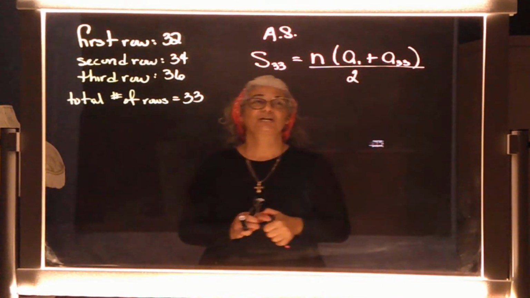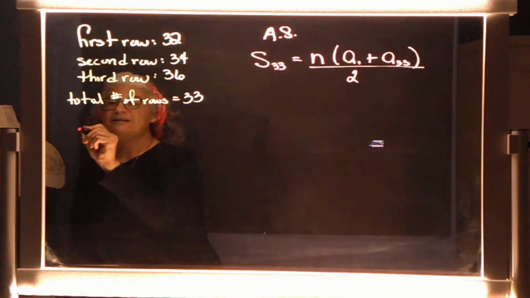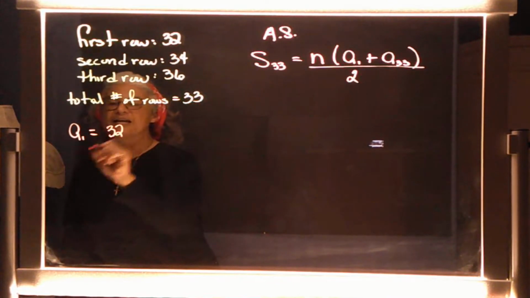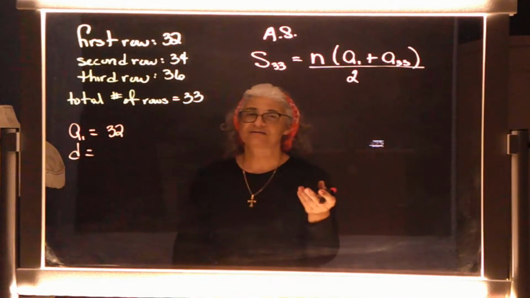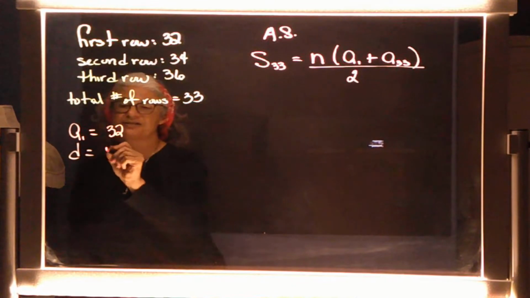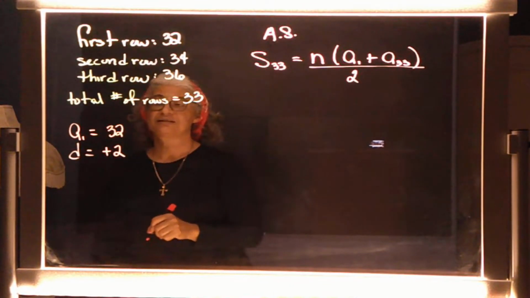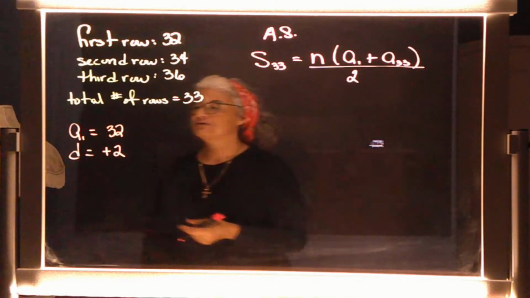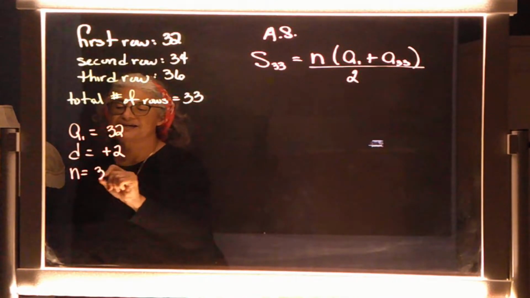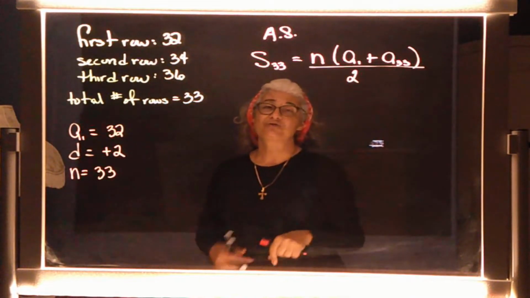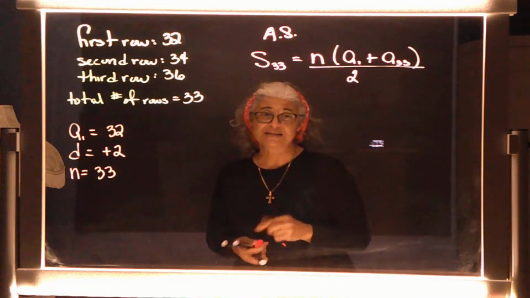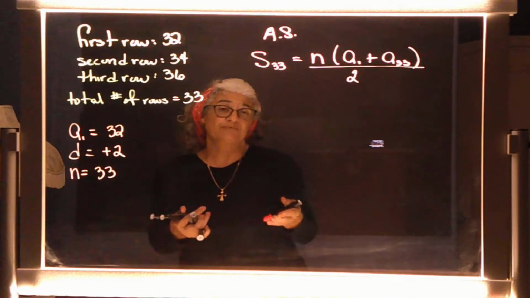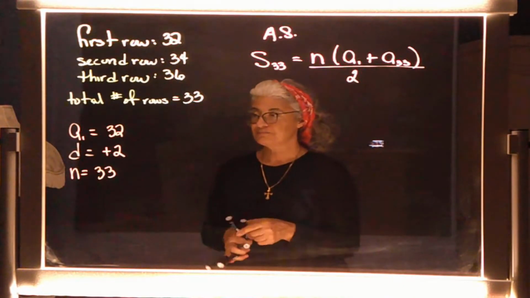Okay, so since you said it's arithmetic, what's a sub 1? 32. What's your common difference? Yeah, it's a positive 2 because each row goes up by 2, right? But I also need to know a sub 33, don't I? Wait a minute, what's n? Yeah, n is 33. But I also need to know the 33rd row, right? I need to know how many seats are in that 33rd row in order to work out this sum formula. Okay, so